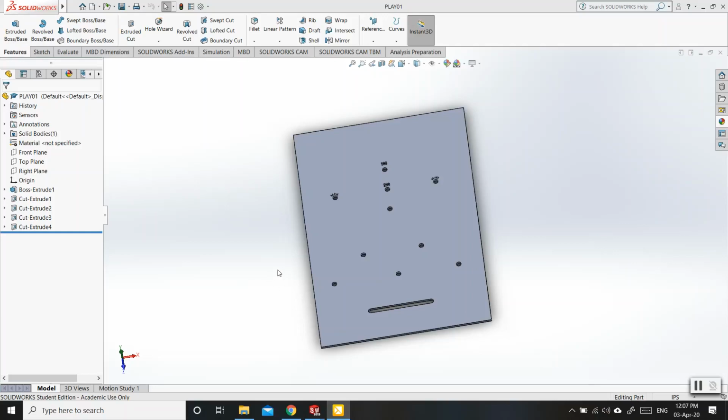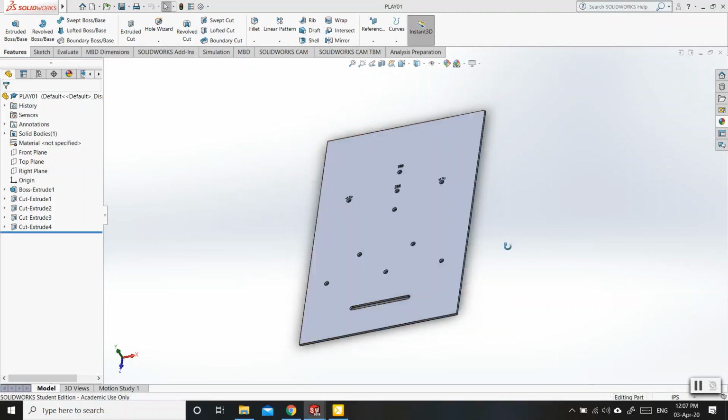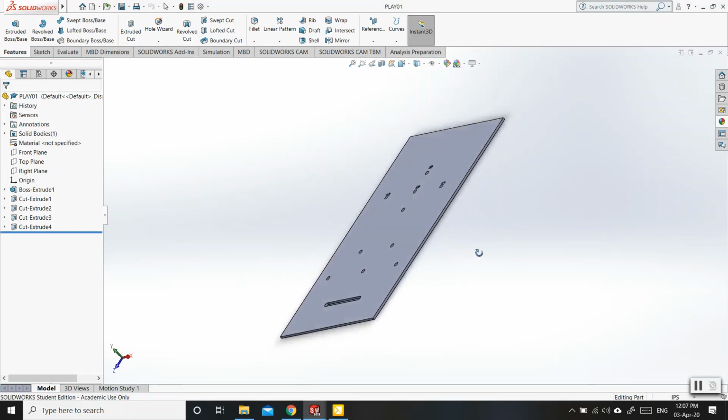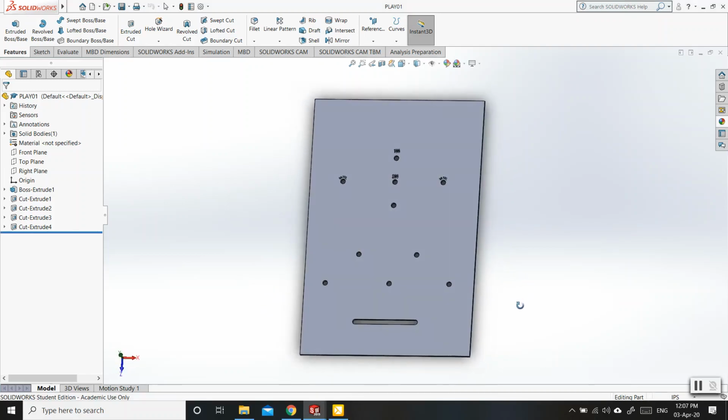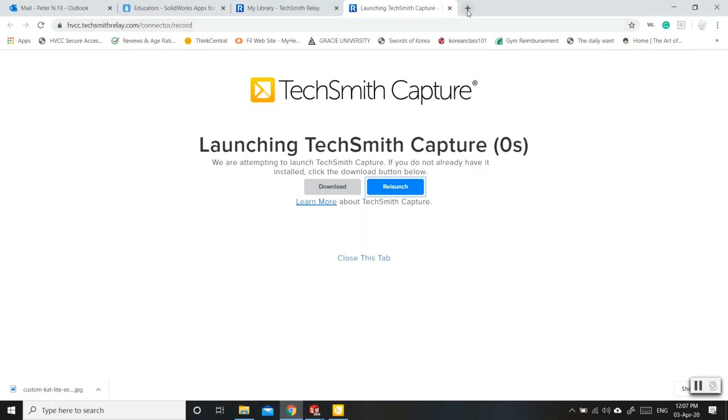All right, guys, this is going to be a quick video about adding decals. I know some of you have already added a decal, some coloring, and pictures to your project. If you haven't gotten there yet, this is a quick video on how to do that. Basically, what I did was I went online